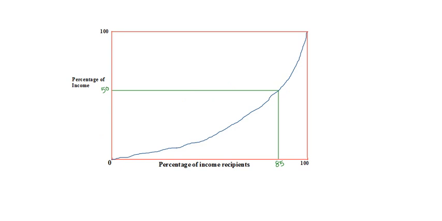Let's try to interpret with some random figures. Supposing we are taking 50% of income, and we are trying to see that 50% of national income is going in the hands of how much population. As per this Lorenz curve, 50% of national income is going in the hands of 85% of the population, which basically implies that there is high income inequality.